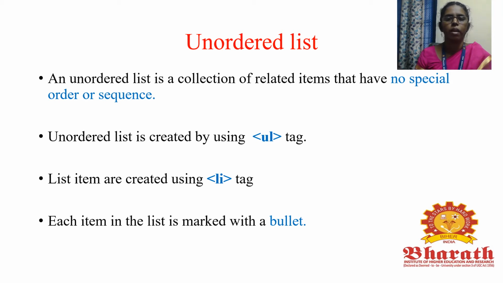A tag is nothing but one of the elements in HTML. Each tag is specified by using the opening angle bracket as well as the closing angle bracket. Each list item can be specified using the li tag, the list item tag. Each item in the list is marked with a bullet. A bullet is nothing but a mark or asterisk before the text. Why do we need the bullet within the text? If we have the bullet, we can easily specify the key terms, and it improves the readability as well as the understanding.